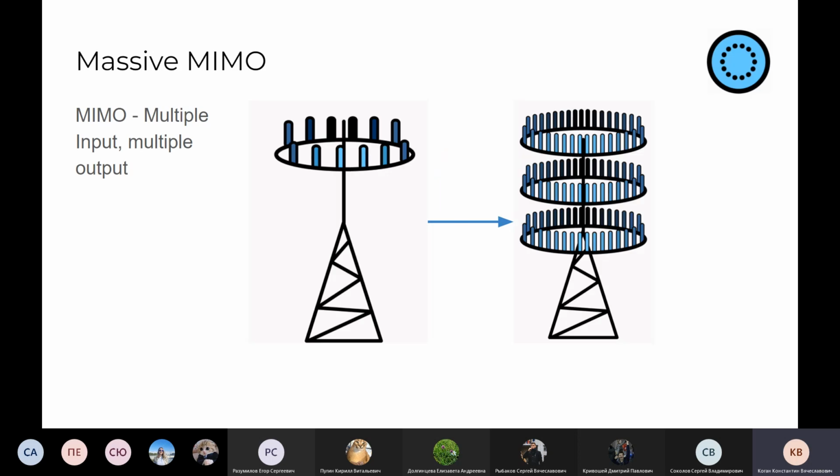Next up, technology number 3, massive MIMO. MIMO stands for multiple input, multiple output. Today's 4G base stations have about a dozen ports for antennas that handle all cellular traffic. But massive MIMO base stations can support about 100 ports. This could increase the capacity of today's networks by a factor of 22 or more. Of course, massive MIMO comes with its own complications. Today's cellular antennas broadcast information in every direction at once, and all of those crossing signals could cause serious interference,